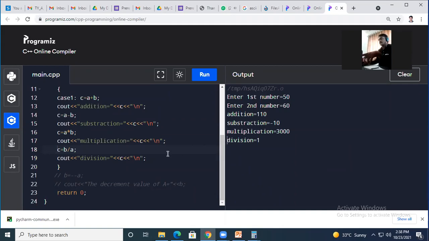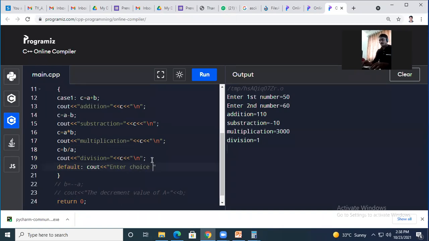तर त्या केस हँडल करण्यासाठी पण मला काय यूज करायला लागेल? I have one keyword here, default, and here I'm going to use the message: your choice is incorrect, or enter choice between 1 to 4.